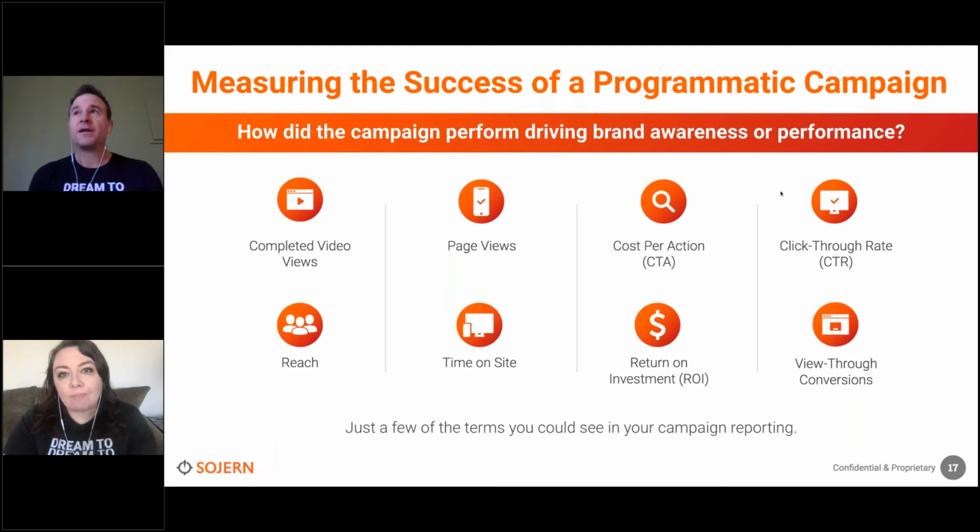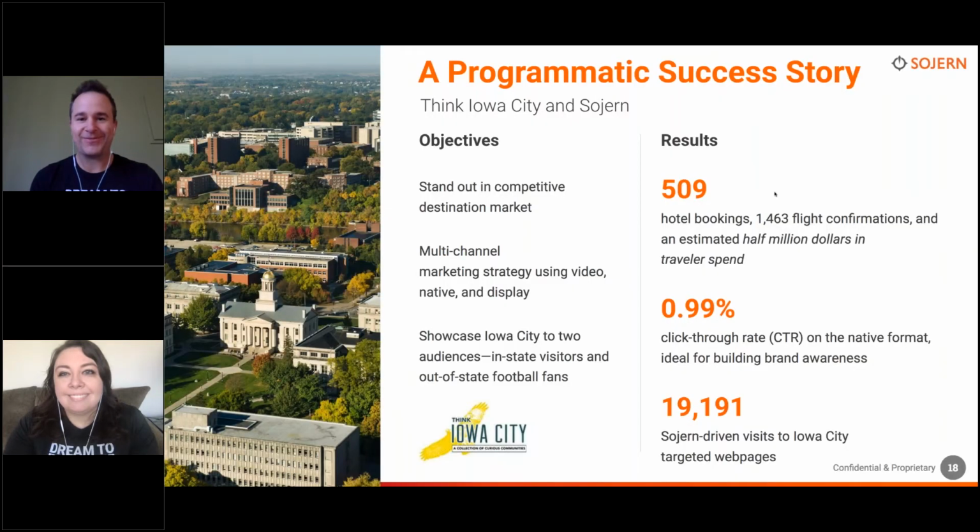But for me, it's really about that cost per action on a view-through conversion. It's about minimizing the idea that I need to have somebody make a direct interaction with an ad and then take a direct action. It's really about, can I influence somebody through the viewing of the ad, through my great creatives, and then have them eventually make a booking on my website. Okay, so